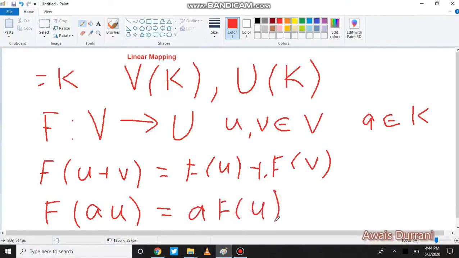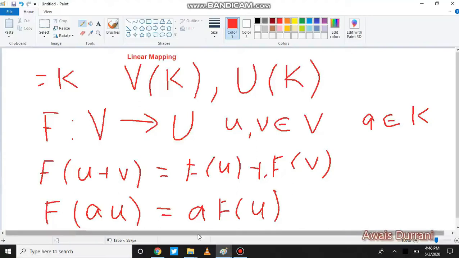If these two properties are satisfied for the elements u and v in the vector space V and alpha in the set of scalars K by the mapping defined like this, then we say that such a mapping is called a linear transformation. So this is how we define